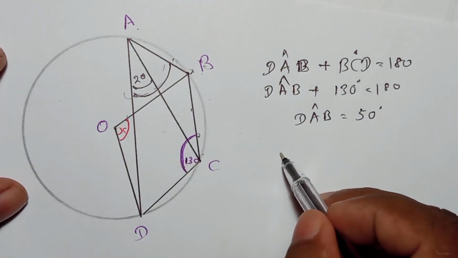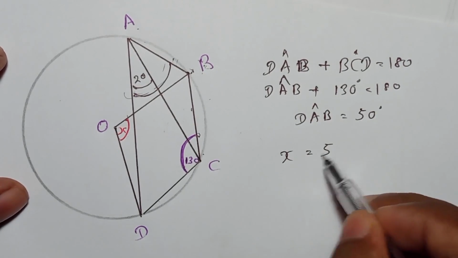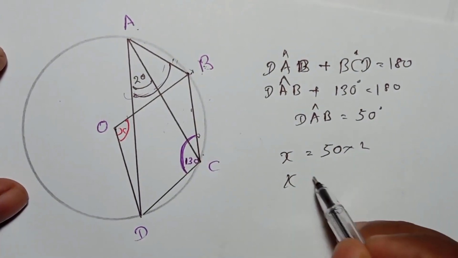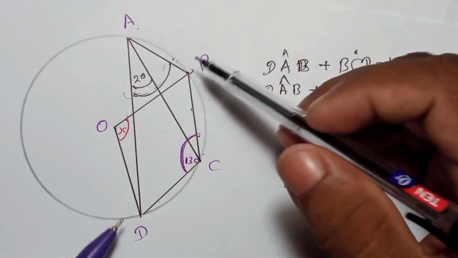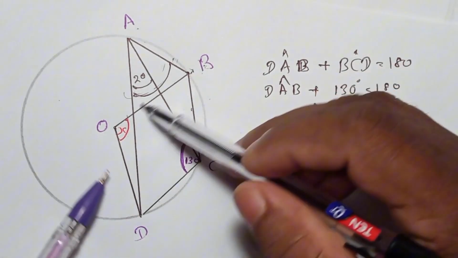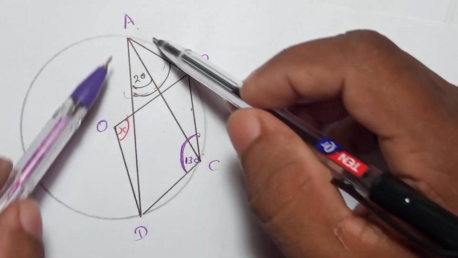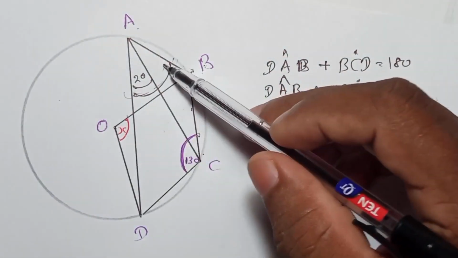So you can tell x is equal to 50 times 2. So x will be equal to 100 degrees. Try to understand that, right? From the same two points, D and B, go to the center, and from D and B go to the circumference. So if this is 50, this should be